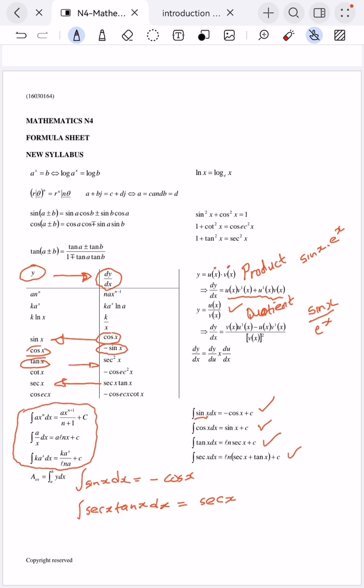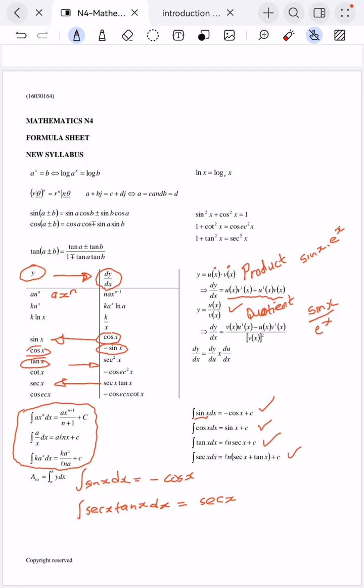I will show you how. Let's first focus on the first rule. The first rule, the formula sheet has been like this for ages. I don't know why they don't fix it today. So this is basically a x exponent n. It's not a n exponent n. It's a x exponent n. So this is when you have any